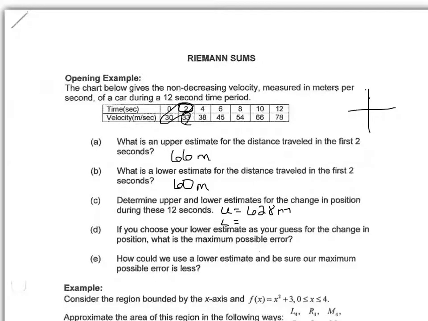So what do we get for our lower estimate? Taylor? 532. Because now you're going to have 2 times 30 plus 4 times 33 plus 6 times 38. Just like we did when we did the rectangles. Remember, it depended on...